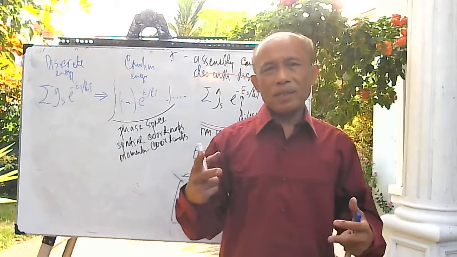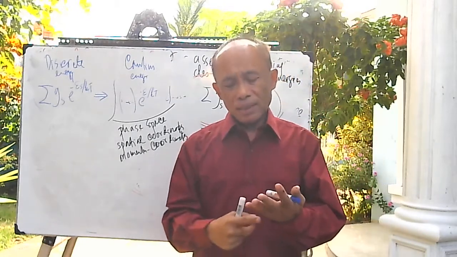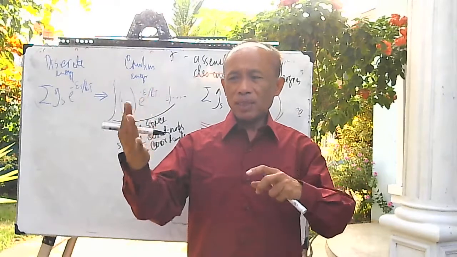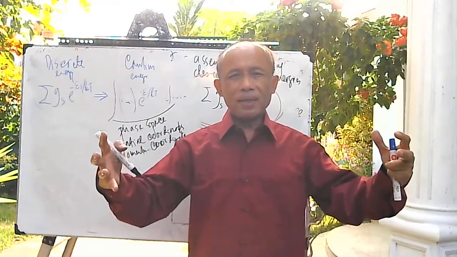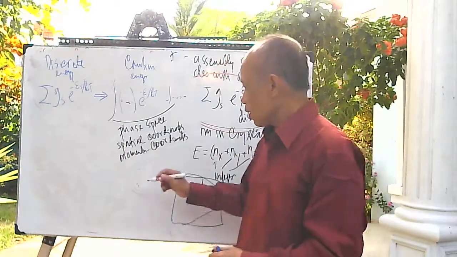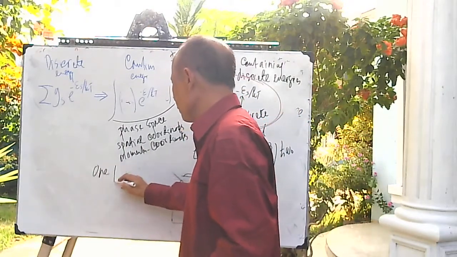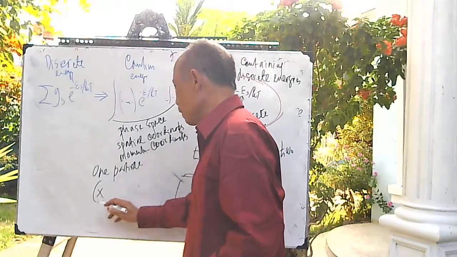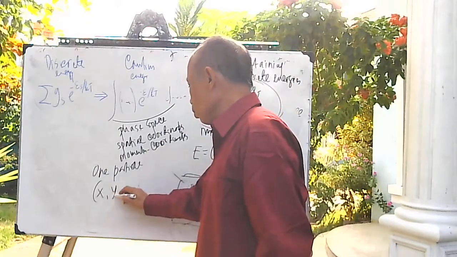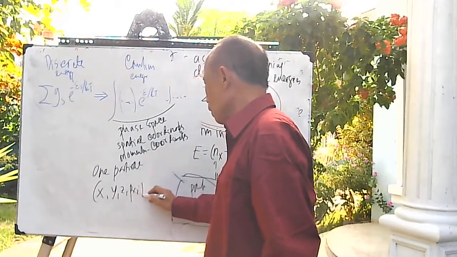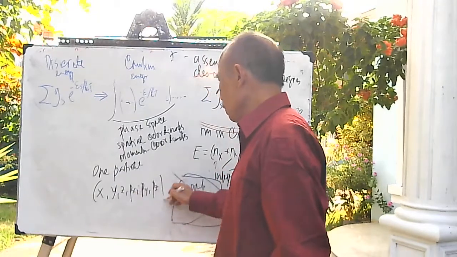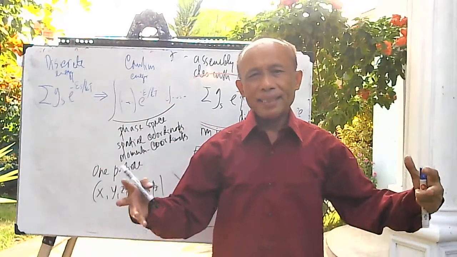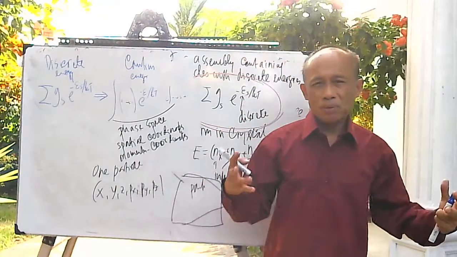If a particle has a spatial position x, y, z, and also three momenta px, py, pz, then x, y, z, px, py, pz span the space named phase space. So the phase space of one particle contains 6 coordinates: x, y, z, px, py, pz. So for a particle in three-dimensional space, the particle has 6 coordinates in phase space: x, y, z,